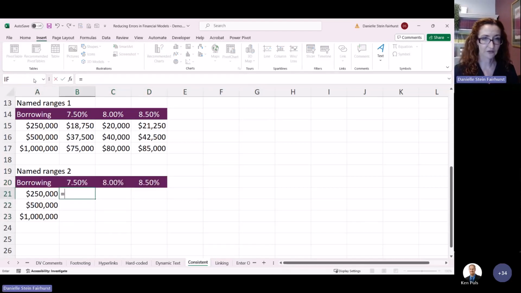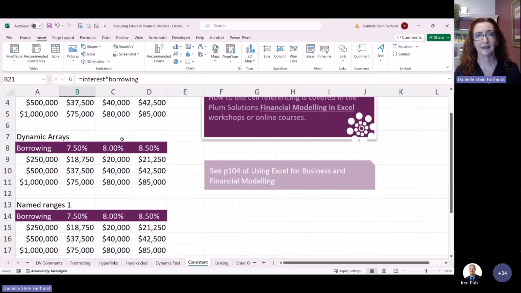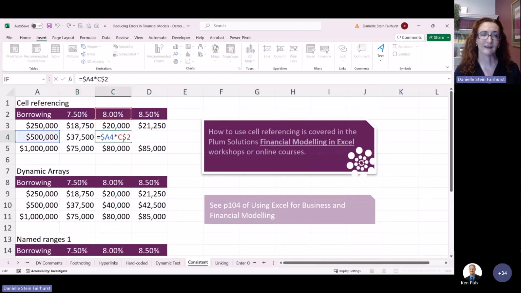And then you'd be able to just go interest multiplied by borrowing and then tab it up, and that's going to pick up the whole lot. And that's using a dynamic array and using a named range. I don't know, there's multiple ways of doing it. I'd say don't use this technique. But I mean, the first way, I still model like that. I think that's quite sufficient.